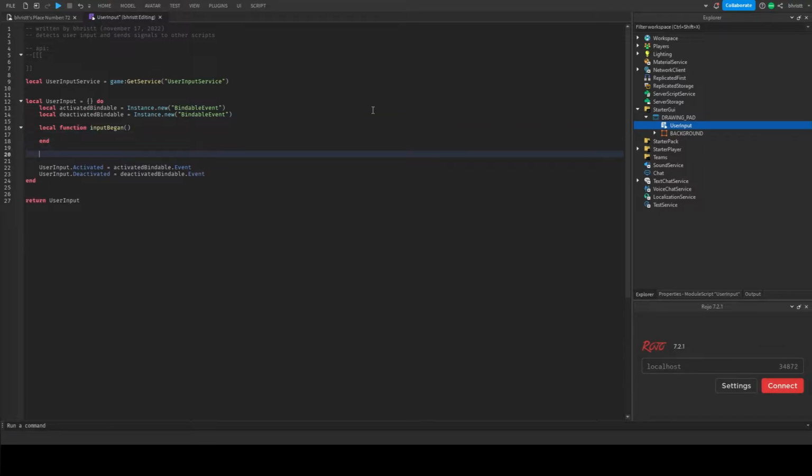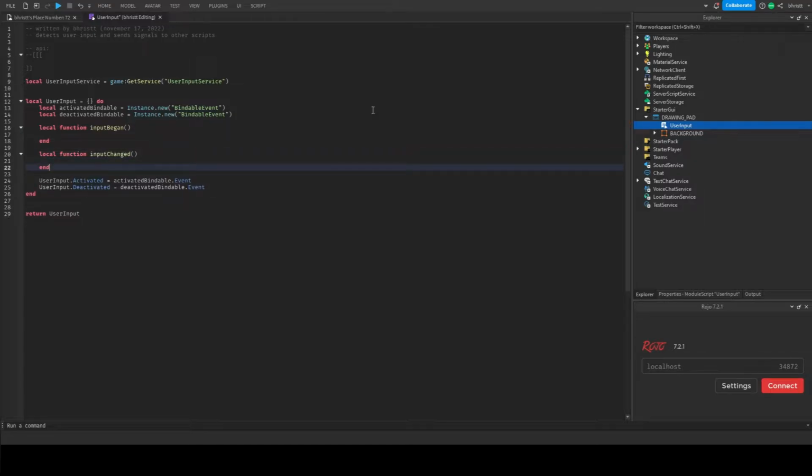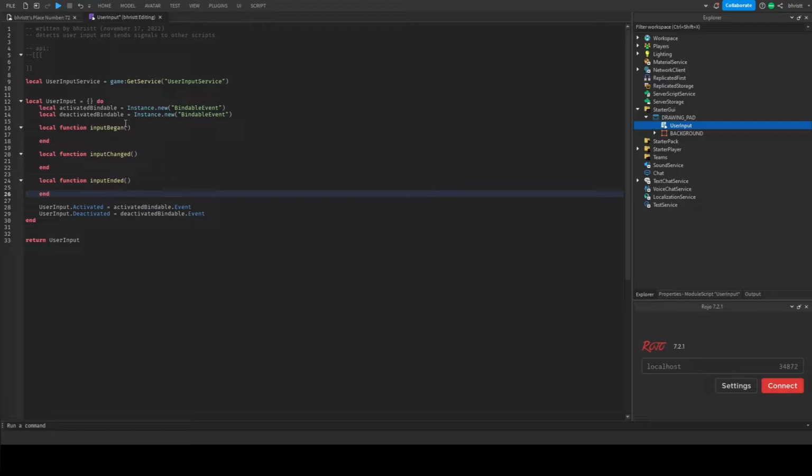Oh, it automatically does that. Okay, local function input change, and then we have local function input ended. And these are the main functions used in UserInputService to detect input. All three of these functions have these parameters. They have an input object, which describes the type of input that just happened, and then we also have a sunk parameter. Well, technically it's called game processed event,